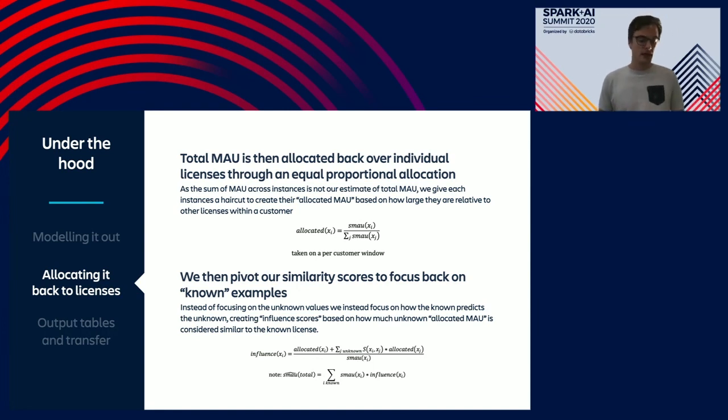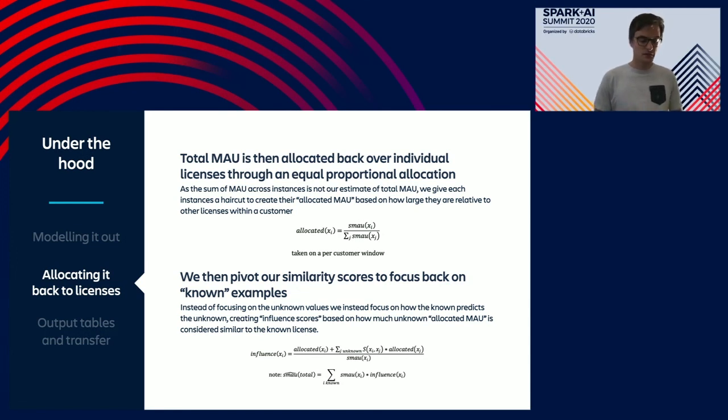Now, once that's done, we focus on how the known licenses predict the unknown. Because for all the estimation magic in predicting the unknown, what actually goes on is that we're just smartly scaling up known data in order to estimate the whole. That's all that we're doing. In that sense, if I'm a known license and there are two unknown licenses that have 50% similarity to me each, then everything I do is worth double when scaled out to the whole population. If another user in my license uses a feature, we estimate that two more did in the whole population. Or, expressed another way, the license has an influence of 2.